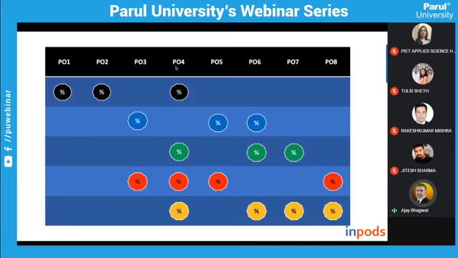Because according to your program design, achieving PO4 is very important, because it must be about getting a job in a particular industry, or it is about sending more students to top level colleges for higher education, or it could be related with entrepreneurial development of the students. This kind of derivation can come out of analysis like this.